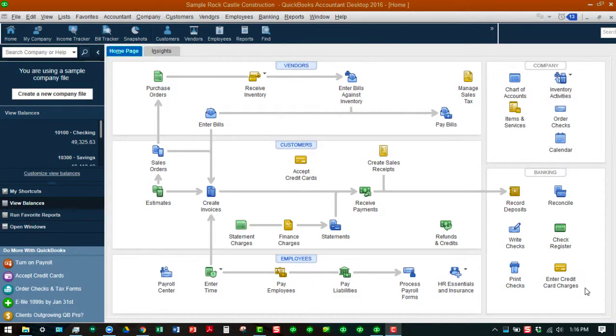Okay, we are in our Sample Rock Castle construction file in our QuickBooks Desktop program, and we are going to reconcile our business checking account. As you can see, I have the View Balances area opened up on the left navigation bar, and you can see that our current balance in our checking account register is $49,325.63. But I have my bank statement sitting right here, and it shows that my balance as of December 31st of this year is